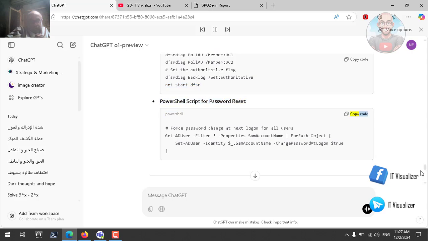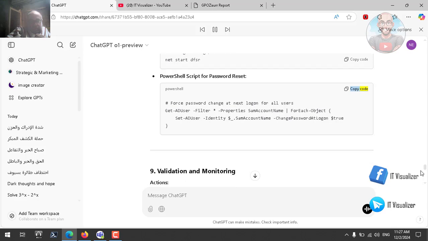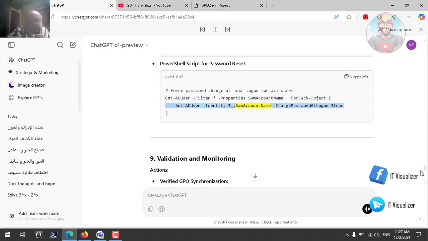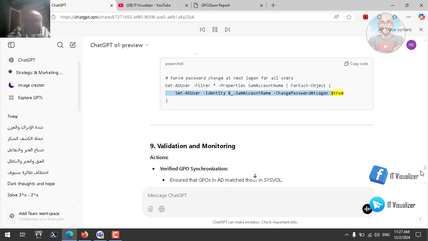PowerShell. Copy code. # Force password change at next logon for all users: Get-ADUser -Filter * -Properties SamAccountName | ForEach-Object { Set-ADUser -Identity $_.SamAccountName -ChangePasswordAtLogon $true }